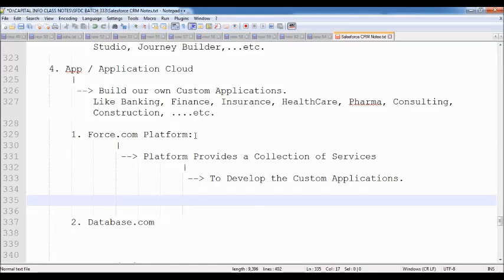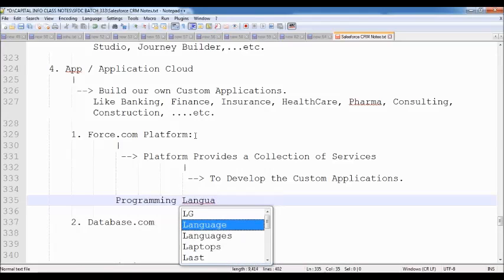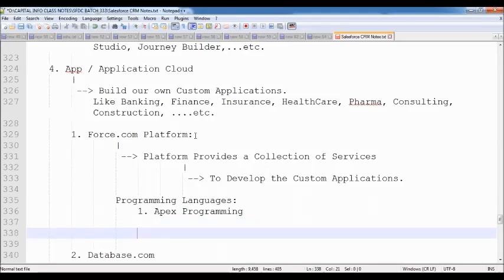So as part of this Force.com platform, what kind of programming languages do we have? We have two programming languages. First one is Apex programming, which we already discussed in our first class, in the demo class also.